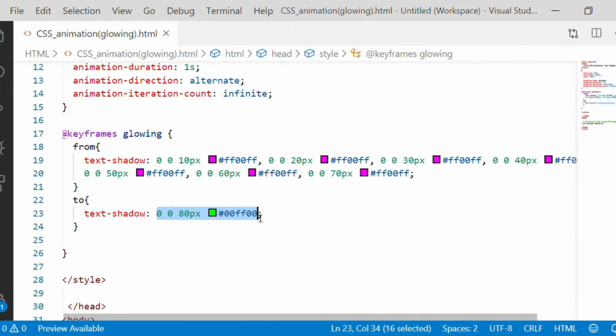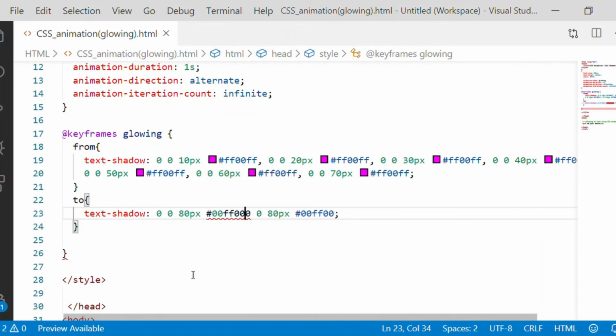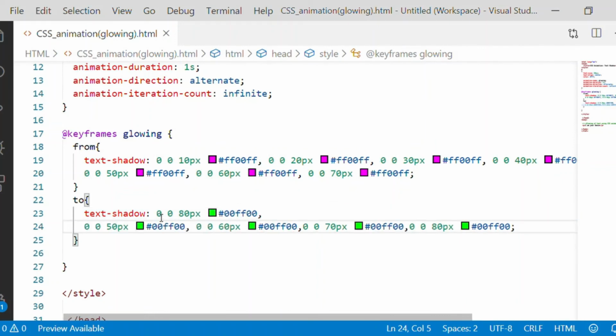Because in the to text shadow we want to say what it should do from 70 to 80 pixel. So from 10 pixel blur effect to 20 pixel blur effect using text shadow, the color should migrate from pink to green. Similarly, from 20 to 30 pixel, again there is a color migration. It continues till 70 to 80 pixel blur for these transitions.